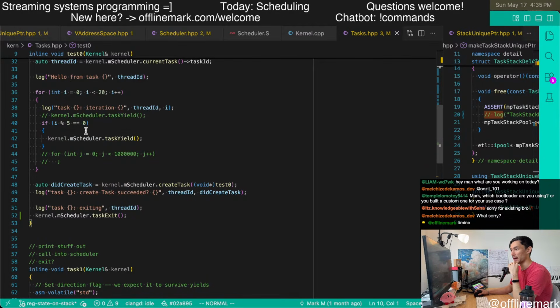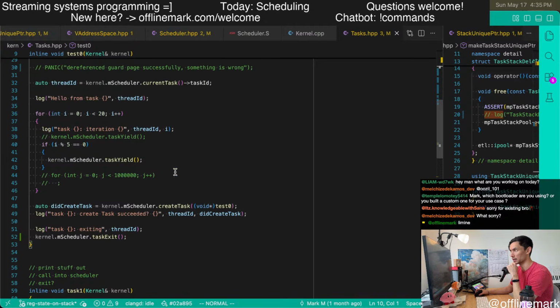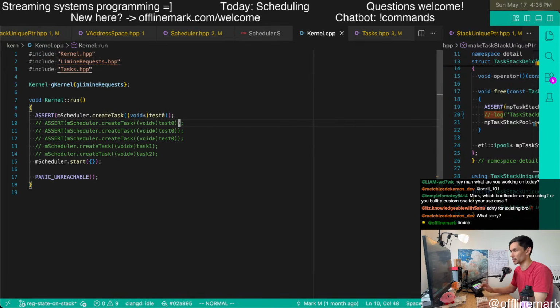And then after it finishes, it creates a new task, and then exits itself.